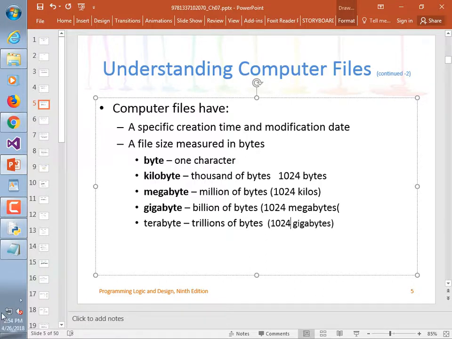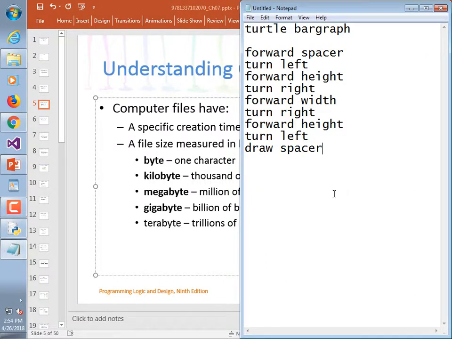Let's put on our thinking caps back to our binary days when we had 0, 0, 0, 0, whatever. That was the ones place. That was the twos place. That was the fours place. The 8, the 16, the 32, the 64, the 128. So, if you have 8 bits there, you have 256 different values that can be stored there, which is why